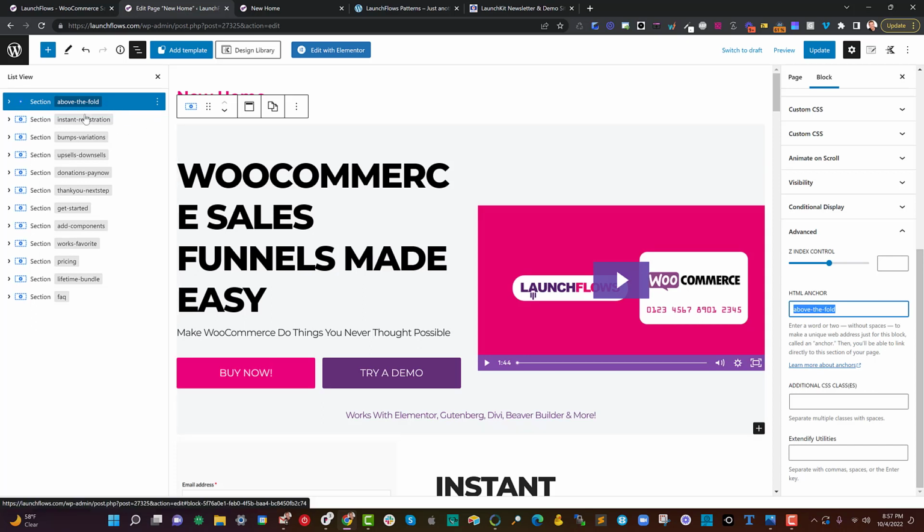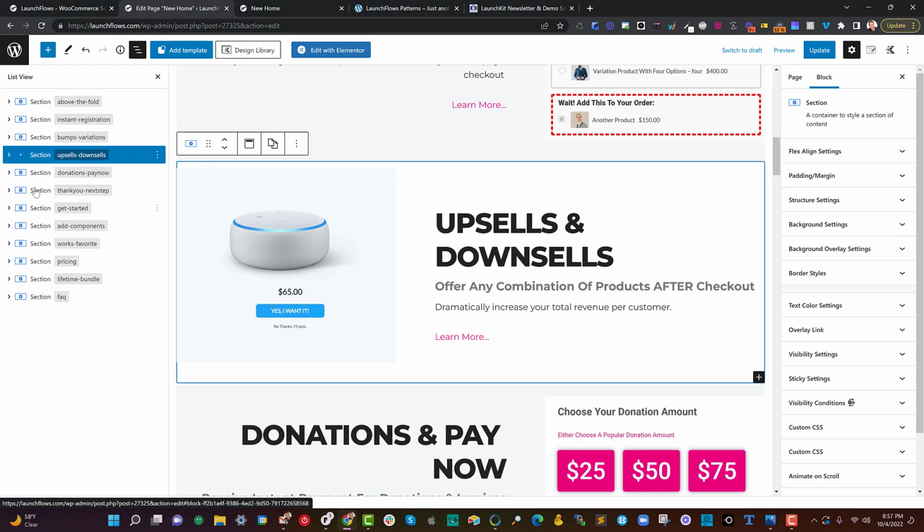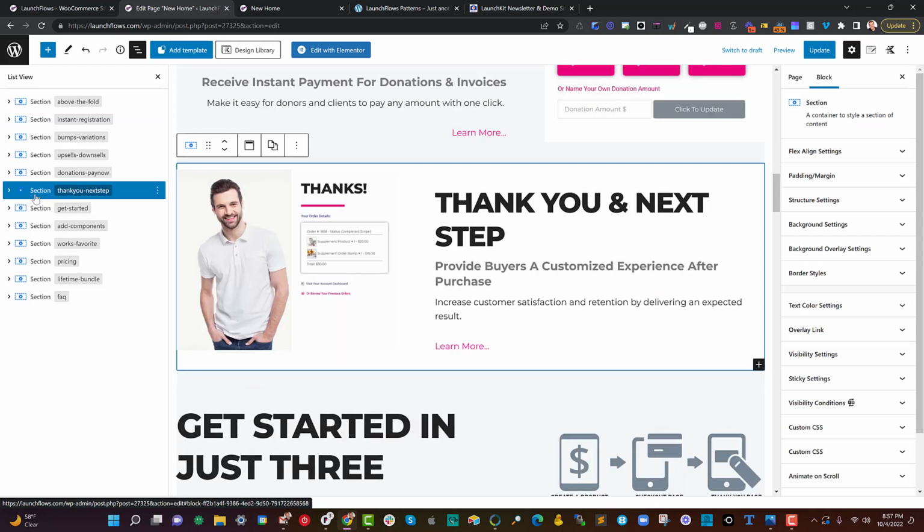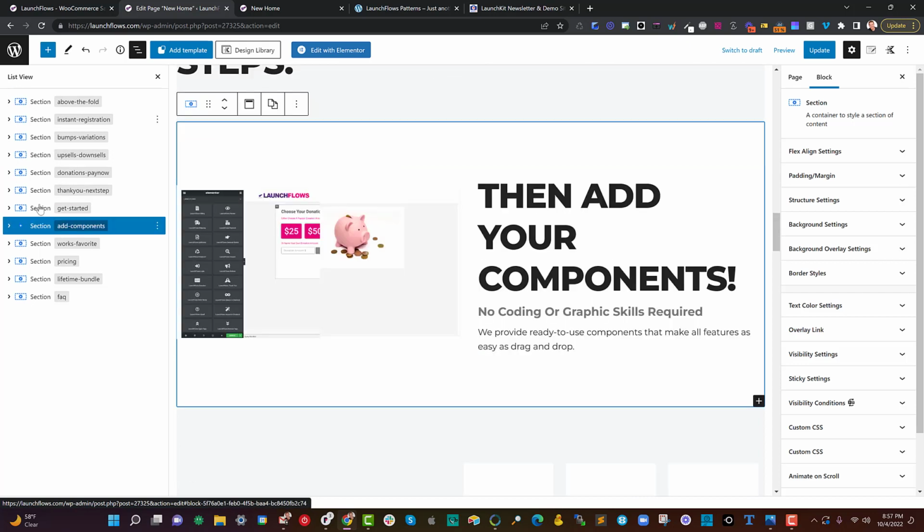In a previous version of WordPress, this was always annoying because it was really impossible to know not only where you were, but you couldn't do what I'm going to do now, which is when you click, this will take me to the actual section. And that's very similar to what Elementor and Divi have and so forth. So this makes it a piece of cake to just stack up your pre-made sections